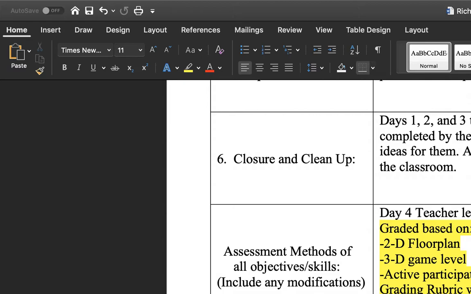Then we have a really important one. Modifications to support varied learning needs. The teacher will create modifications dependent upon the specific learning needs of individual students. So, for example, say the student is in the class and they are visually impaired,